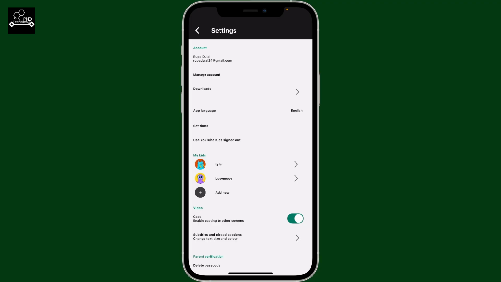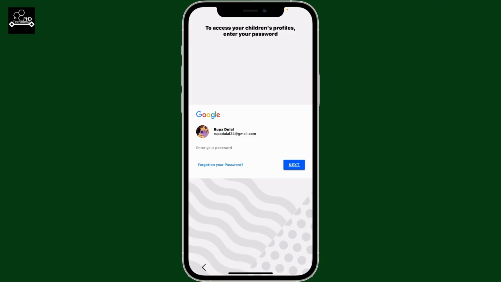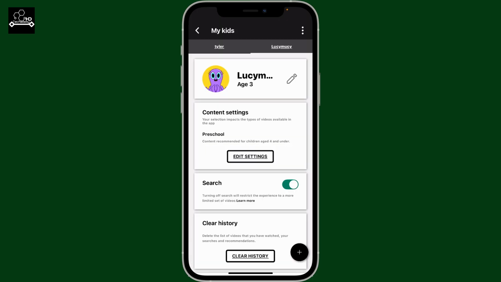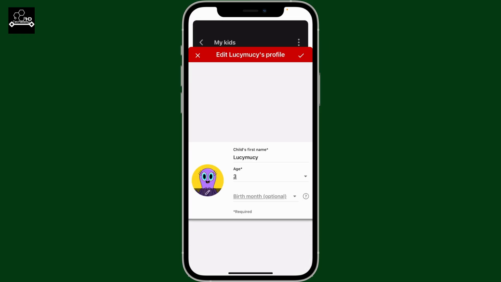Now, under My Kids, select the profile you would like to edit. Now enter your Google account's password on the next page to access your children's profile. After you do that, tap Next, and this will open up this Edit section for your profile. Tap the pencil button right next to the profile at the top, and then you can now update the following